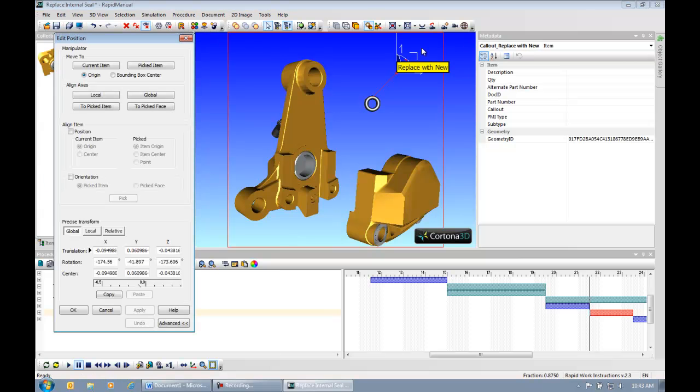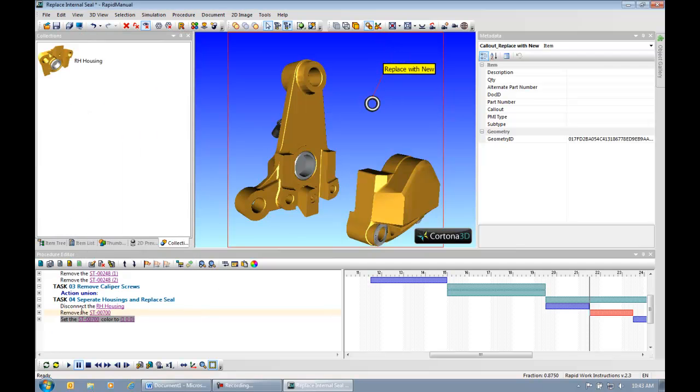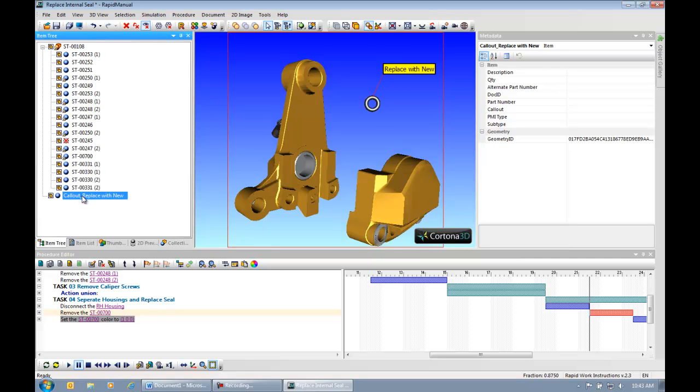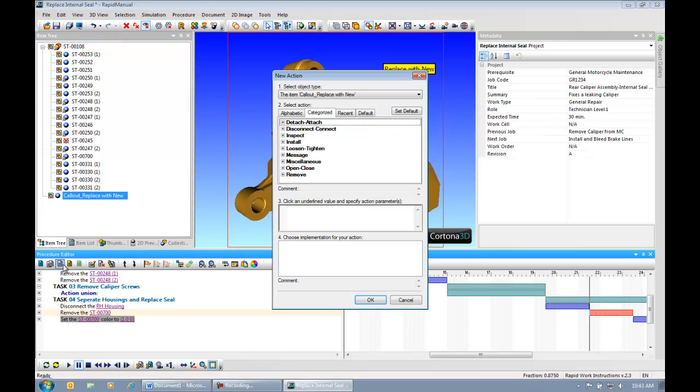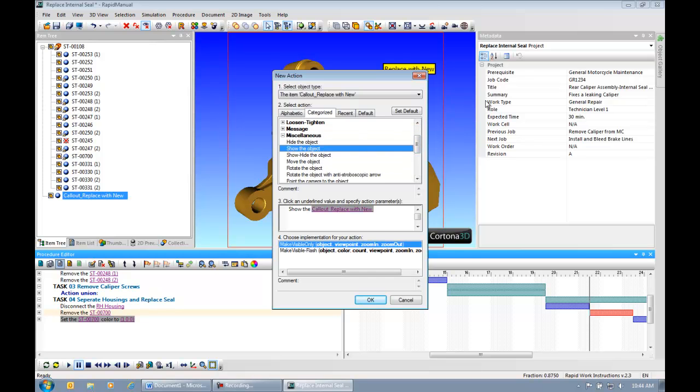Maybe I want to adjust its position a little bit so that it's in screen to be something like right there. I can hit apply, and notice that it added that as a new item. I want to apply an action to that item, and it's going to be show it, because I don't want it to be shown throughout the whole animation. I just want it to show for this step, so I need to show the object,